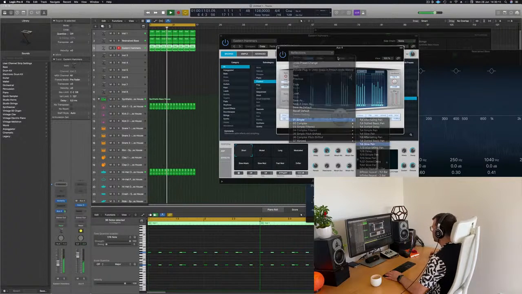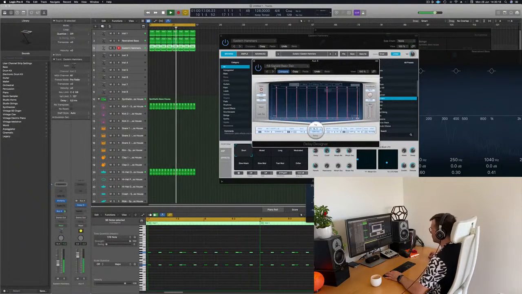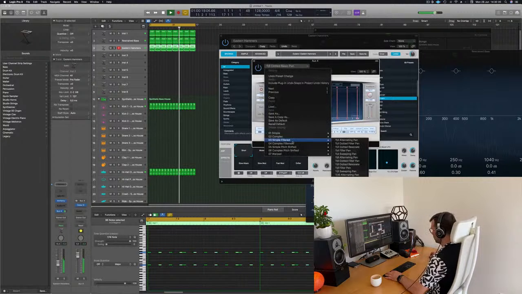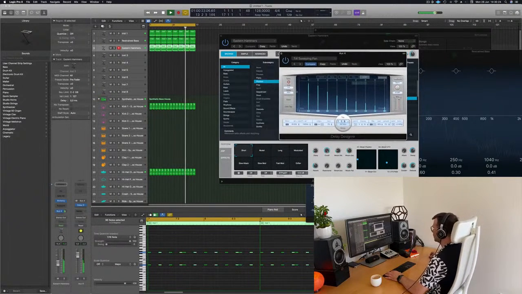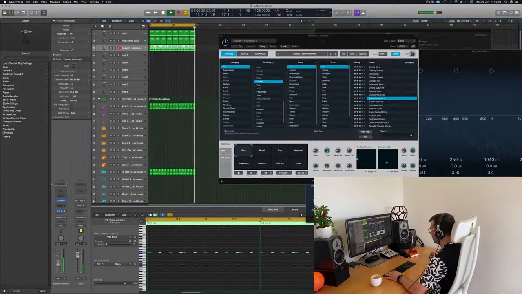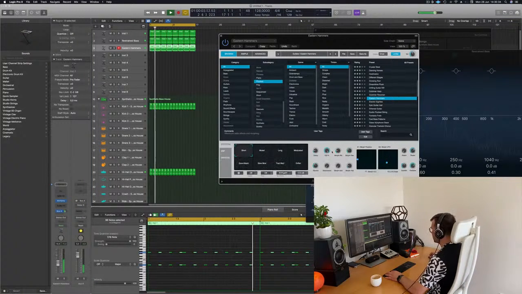It's a bit too complex. Not quite what I'm looking for yet. I think I would be better off using the effect of the synth here. Oh yeah.